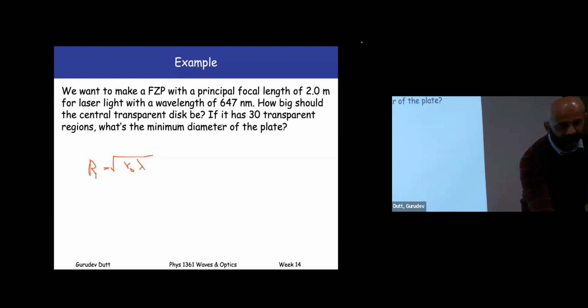Because we want the distance to this point to be such that it's a bright point. So this is then simply equal to the square root of 2 meters times 647